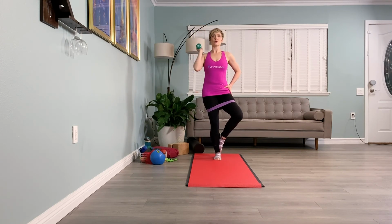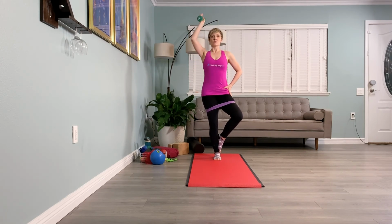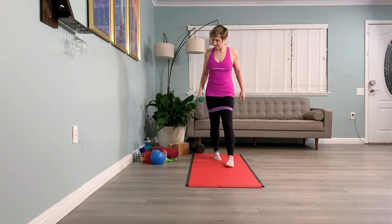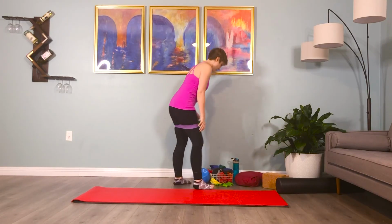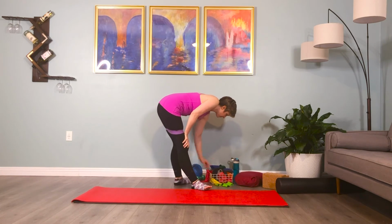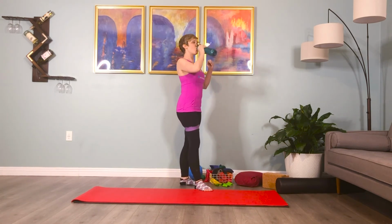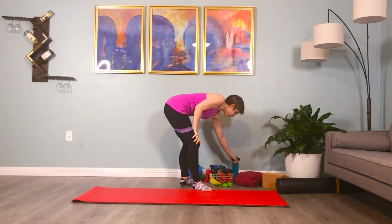This helps you prevent injuries, and it also enhances sports performance in every sport out there. So make sure you get that in with each workout. You do something in each plane of motion, stepping to balance. And one more press. From here, we're going to have that weight handy, and we're going to move into Warrior